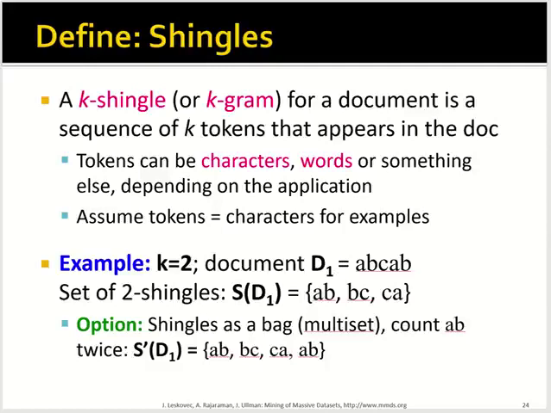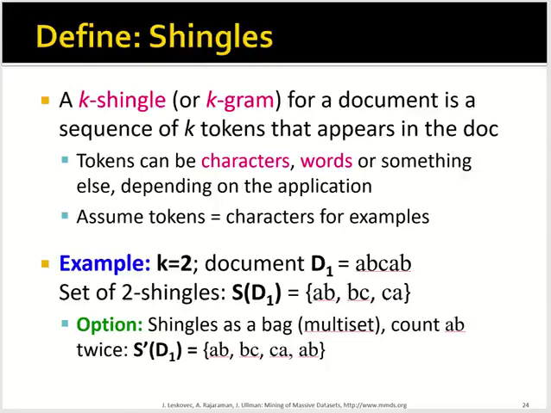As an extreme example, if we use k equals 1, most web pages will have most of the common characters, and only a few other characters will matter in comparing all web pages. Anyway, how large k should be